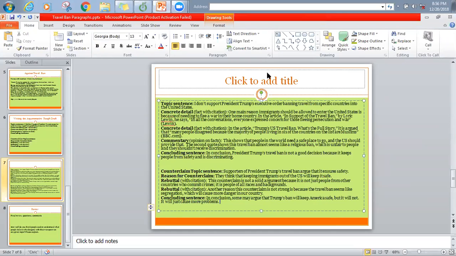Okay. Thank you both. You did a great job on this. And I hope what really is helpful about this is just that idea of not being afraid to follow the outline very closely, because I think this can be a confusing assignment to do when you're thinking about what do people say who disagree with me, and then when do I share their evidence versus when do I argue against them. And I think it's helpful to remember, the counterclaim is what people say who disagree with your main viewpoint. But then when you go to the rebuttal, you are no longer saying what their viewpoint is. Now you're at the point where you're trying to prove them wrong.